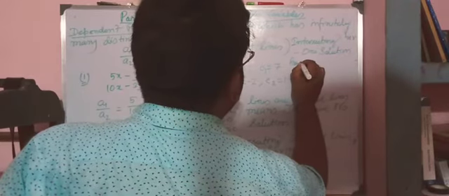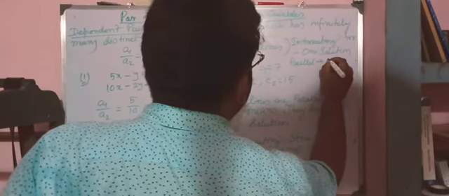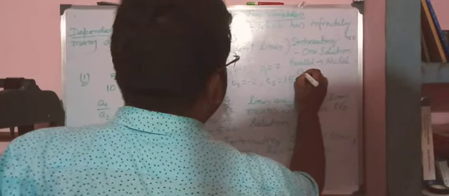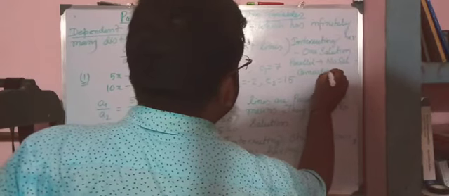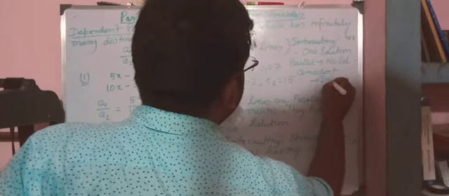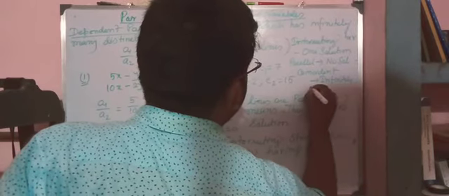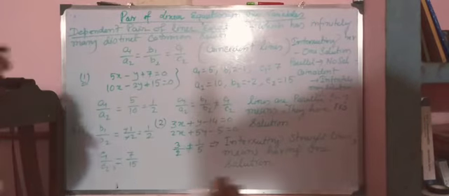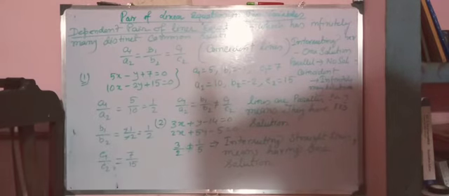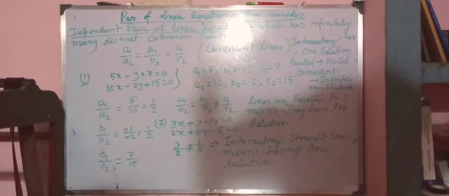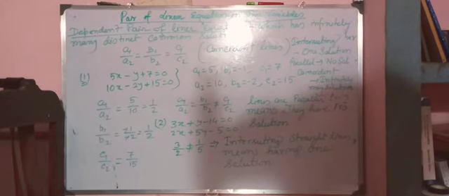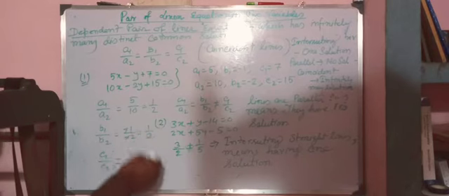If they are parallel, then no solution, and if they are coincident, infinitely many solutions. Okay, infinitely many solutions. So this we have to remember. Next, move to one important thing. Similarly we can do this maths. This is the easy type of question.